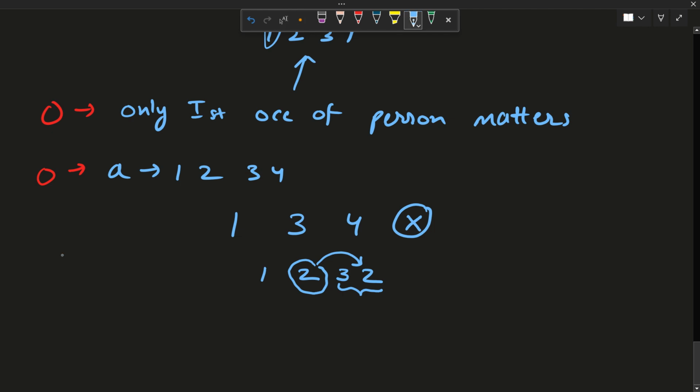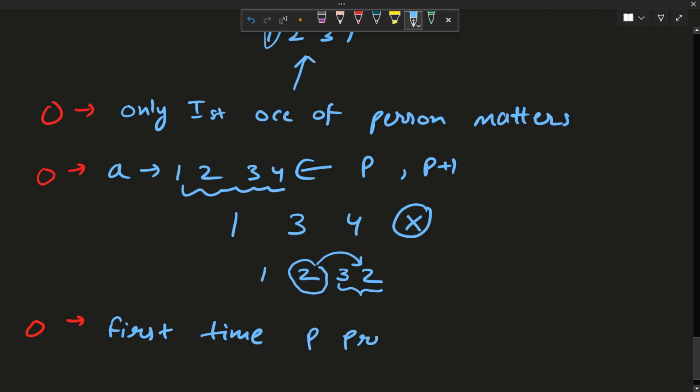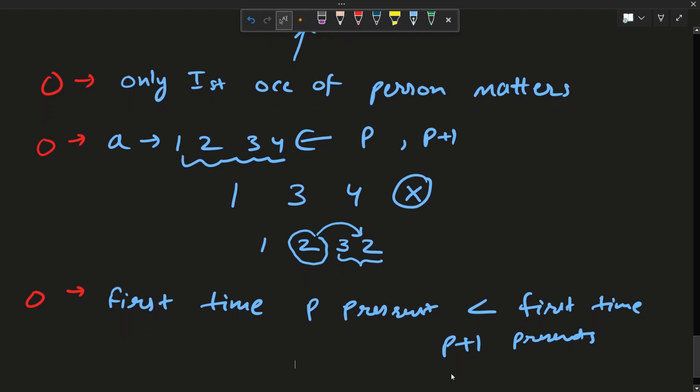So basically, the observation is about the first time. Since we also did this mapping, if the person is P, then the next person will always be P plus 1, because we have done this mapping here. So the first time P presents has to be smaller than the first time P plus 1 presents. I hope that is very intuitive to you,